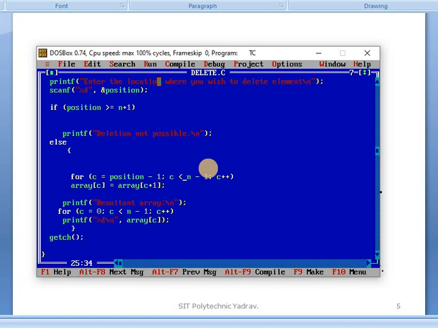Your n is, for example, 4, so 4 minus 1 is 3, and 1 less than 3 is true. So we execute this statement. In that, c plus 1 means 1 plus 1 is 2, so array of 2 value is stored in array of c, which means that position's value is automatically deleted.